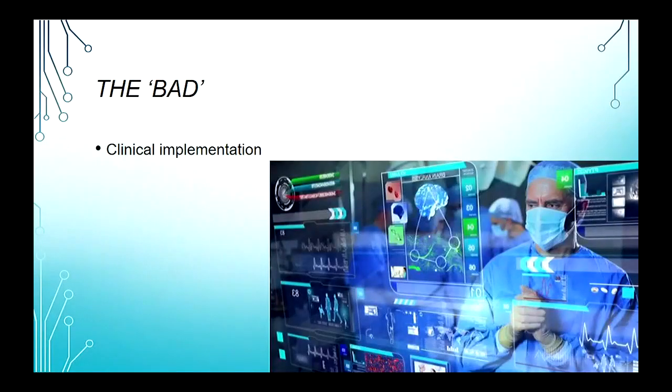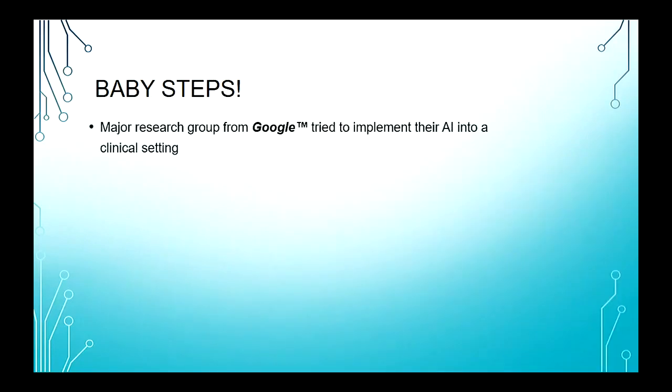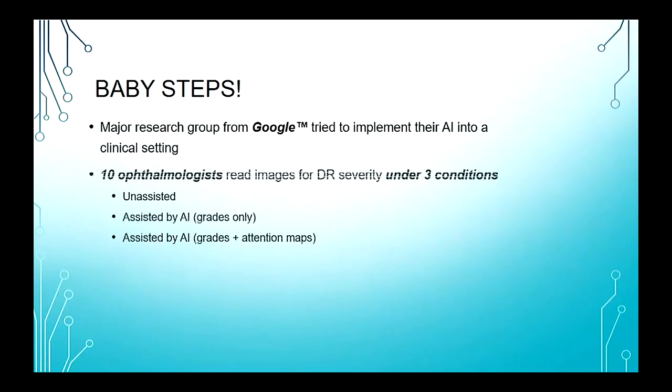So that was the good. Everything shiny, the AI is going to replace all the human beings, and we're all going to be redundant. That's not true. Because now we're getting to the bad part, which is clinical implementation. It's all good and well when we are designing an AI in the lab at the university. How are we going to implement it in a working clinic? So Google is at the forefront of this. Google has tried so many times with many different networks to implement it in different settings.